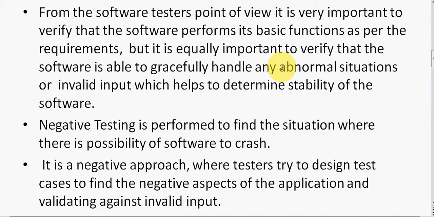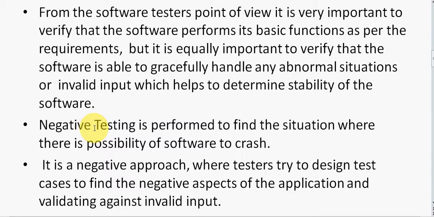Now, abnormal situations can be created by the system or by the user. For example, a user can open multiple instances of the application. So your application should be able to identify the number of instances opened and then give a warning message or an error message that you can open only n number of instances, depending on the need of the user. Or it can be invalid data input, and it can be an error from the user's point of view, because especially data entry people have to maintain speed, so it can be an error or it can be exploitation of the application by the user.